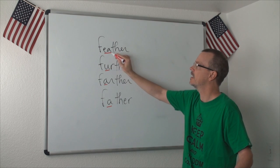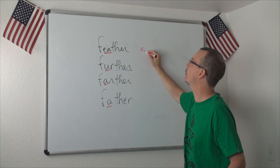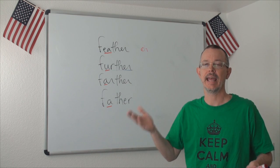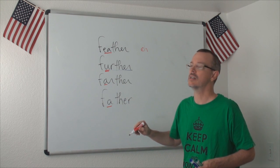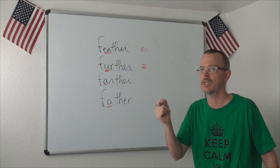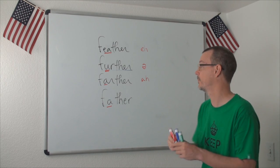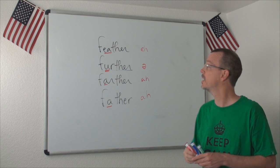Now, EA can have a lot of pronunciations, but in this word, the pronunciation is eh. And we can write it like an EH. This is the short E sound, like egg, head, bed, eh. Now, in this case, it's like a schwa, so I can write the schwa symbol. It's a very, very short sound. Here, it's an ah sound, which is actually a short O. Here also, it's an ah sound. So it's the same sound. Okay? So the vowels